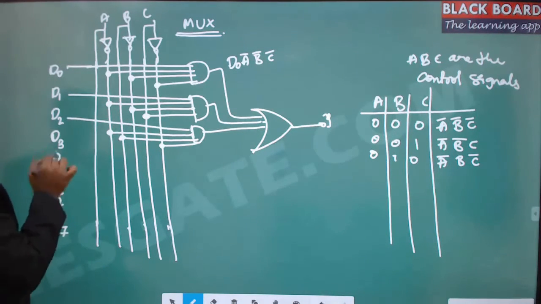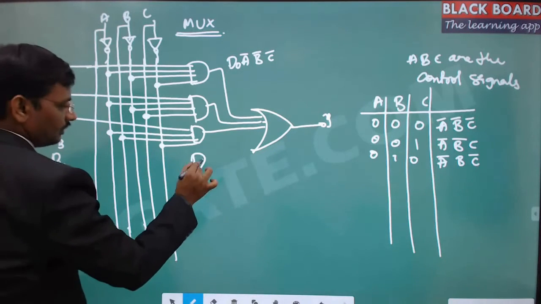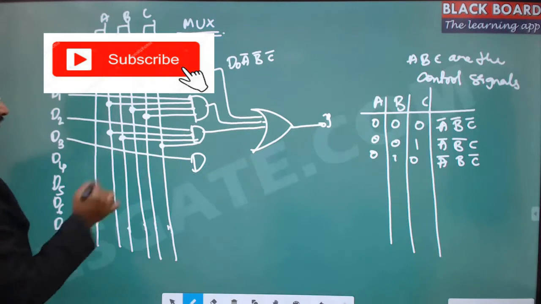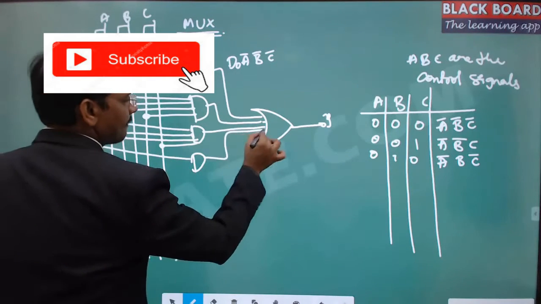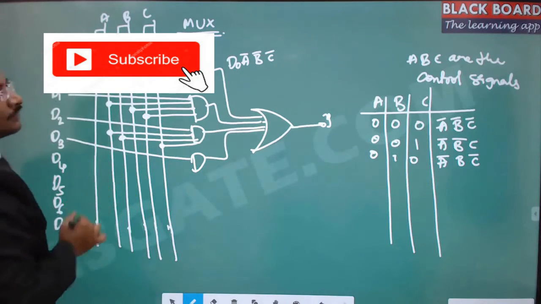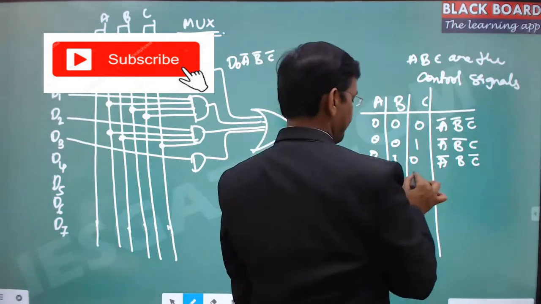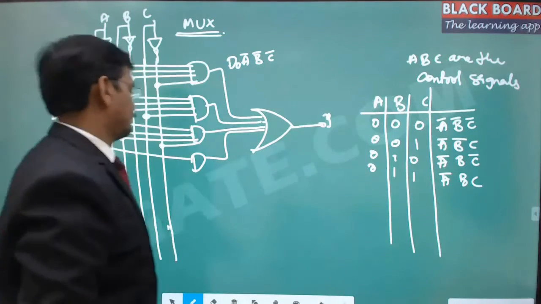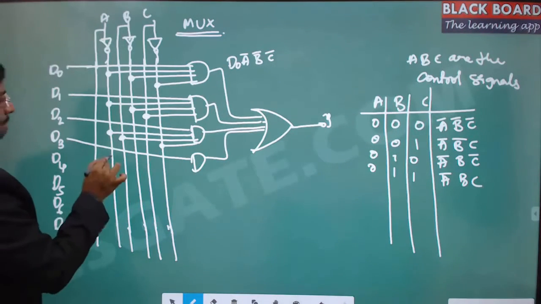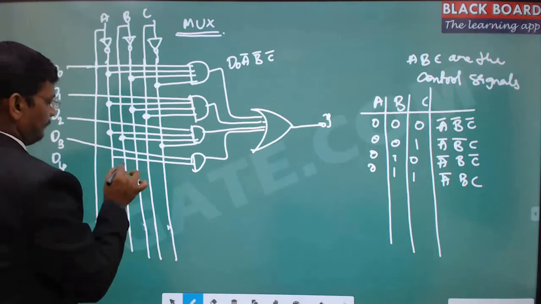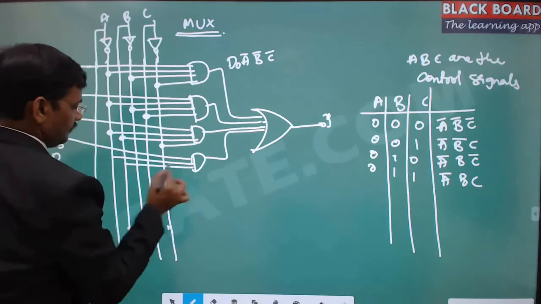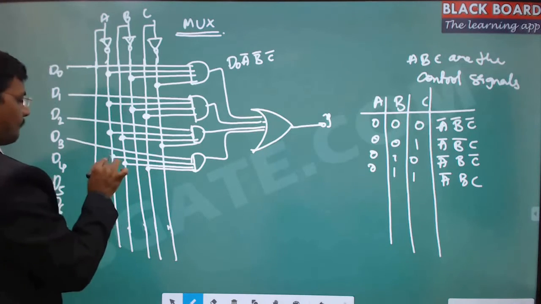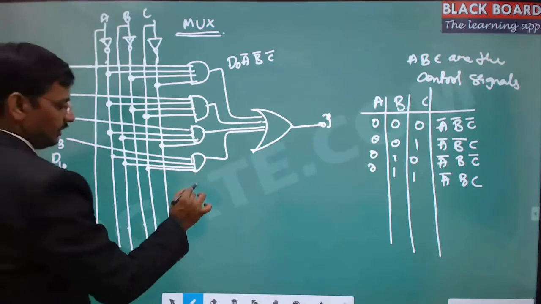And similarly, if you want to take the data output as D3, then this is D3 and then 0, 1, 1, A bar, B, C. So A bar and then B and then C. Got it?